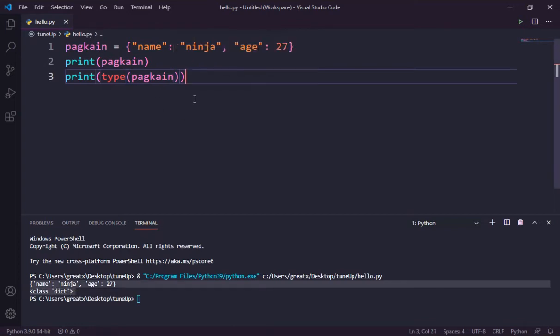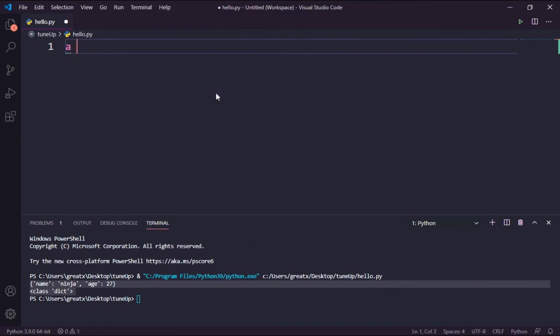So here I want i-clear ko lang kung anong purpose dito. Itong name is value, then si ninja, which is yung key. The same with here na si value ang age, tapos yung key is the 37. Okay? Then next,